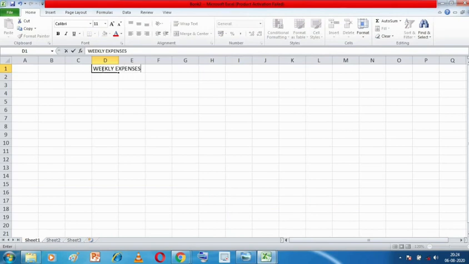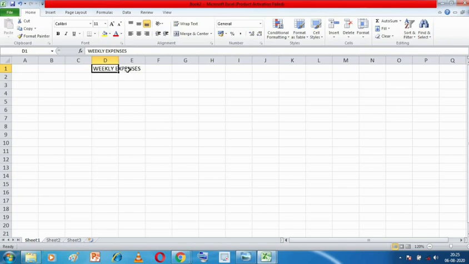Now you can see this weekly expenses is covering D and E also. It's not fitting inside this cell D1 because it is a big word, so it is also covering some part of E1.